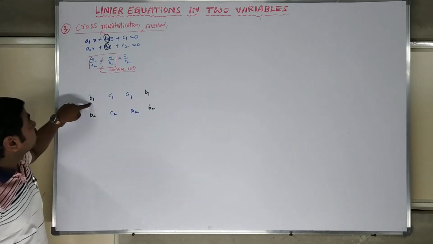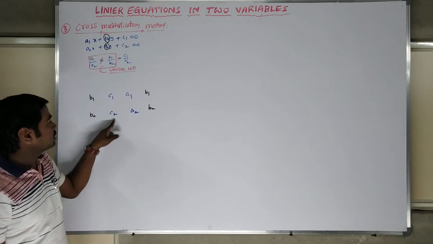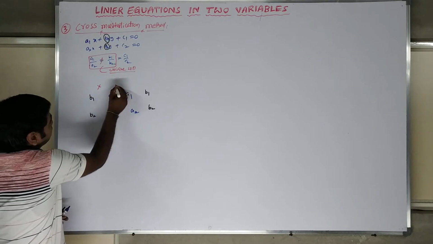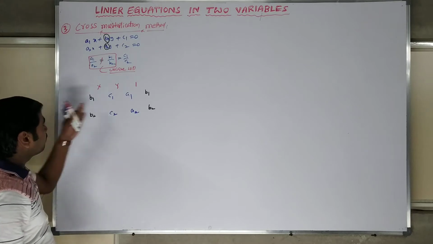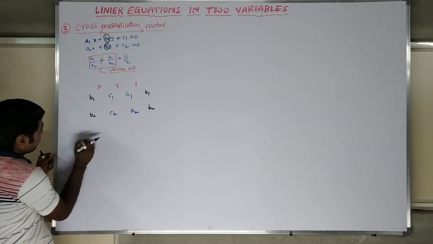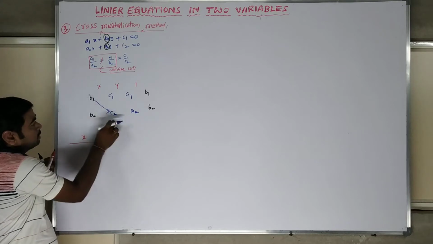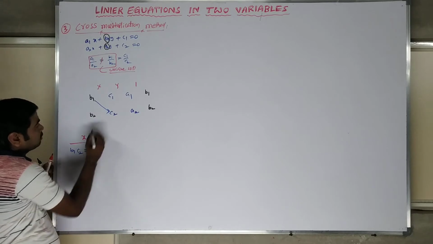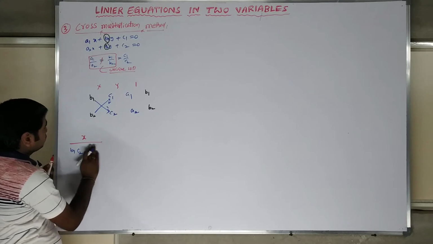Arrange this way: first the y coefficient, constant, x coefficient, then again the y coefficient. The second line is the same: y coefficient, constant, x coefficient, y coefficient. After writing this, this column is for x, this is for y, this is the constant. Next, for the solution approach, write x by, and these two you multiply: b1 into c2. So b1 c2 is the first product, and then you multiply the second, b1 c2 minus